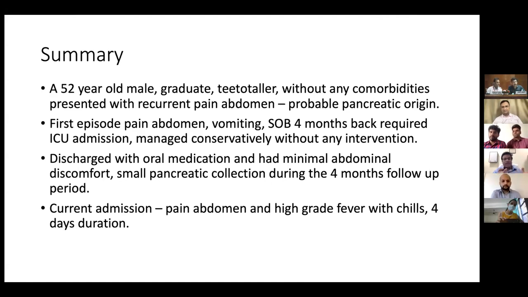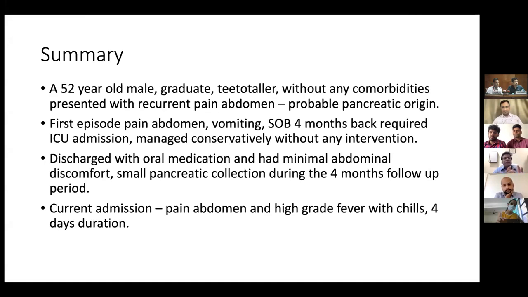So this suggests that possibly pancreas is in play. Moreover, you had an imaging which suggested a collection. So what you're assuming is possibly a moderately severe pancreatitis. Okay, so if you are thinking of, based on this, moderately severe pancreatitis or pancreatitis,